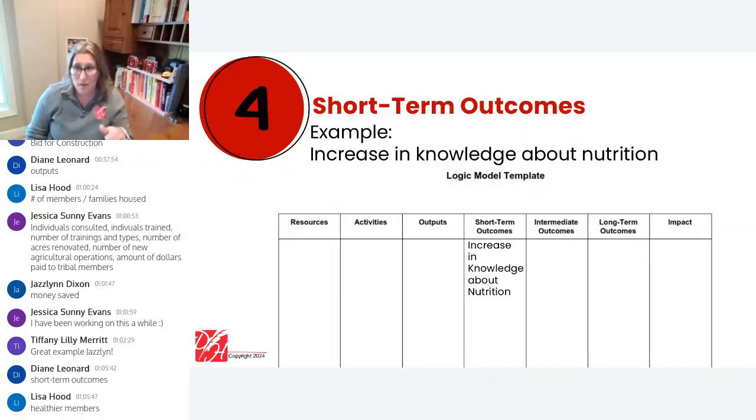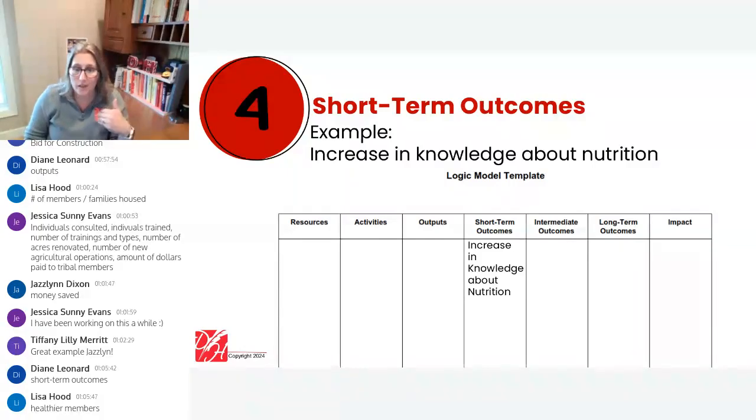That would be one prompt you could respond in the chat box with. The second is, what do you think is going to be your outcome you want to measure? It's okay if you don't know the number or the percentage that you want to go for, but are you thinking about a change in knowledge? Like in my example, an increase in knowledge about nutrition.